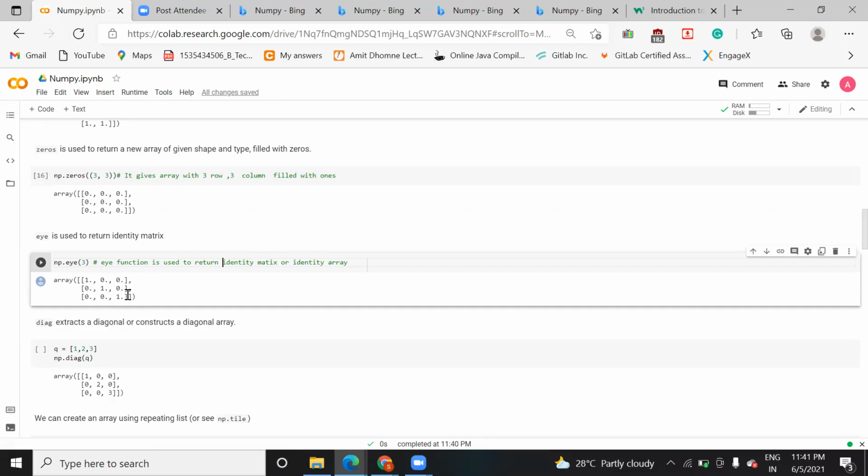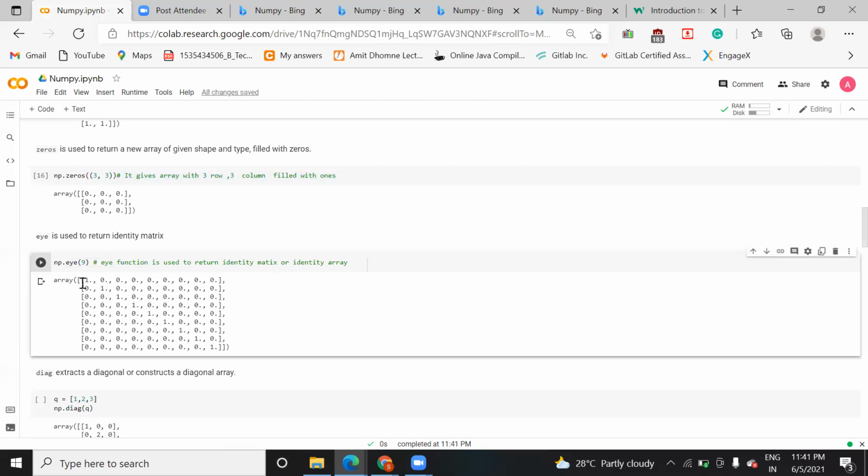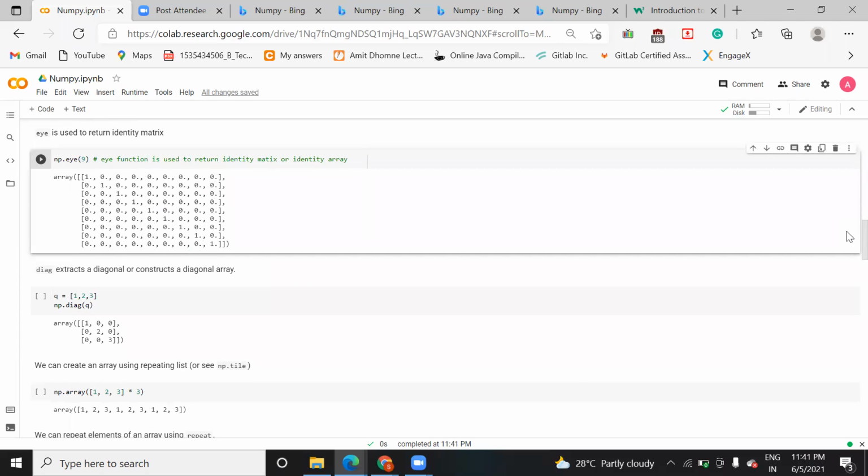So see, the diagonal elements will be 1 here. Let me take 9 instead of 3 and check. So here you see there are 9 rows. It will create 1, 2, 3, 4, 5, 6, 7, 8, 9. So here you can see they have created 9 rows, and the diagonal elements are 1.